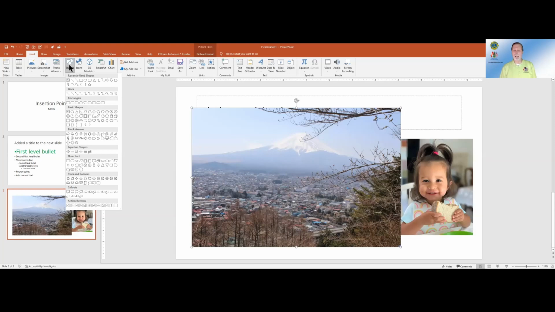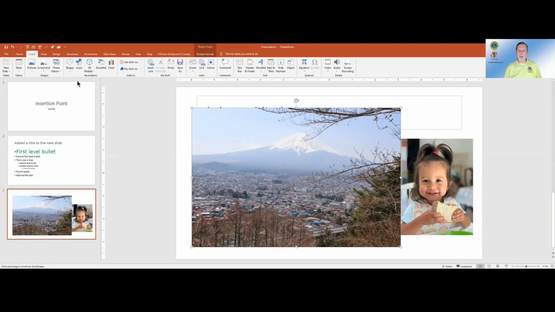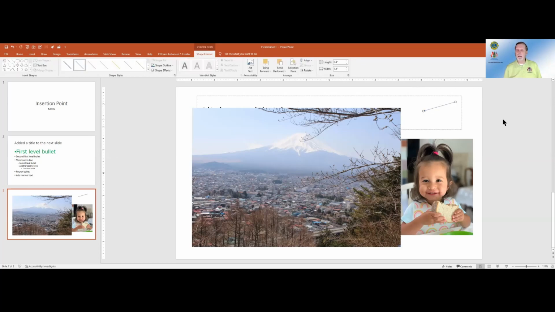So I'm going to add 2 different shapes in here because I want to illustrate the differences between these 2 types of shapes. I generally classify these shapes as a line shape or an area shape. Again, allow me to illustrate. I've opened up the Shapes tab, and from here, I'm going to create a line arrow shape. Now, I clicked on it, and I didn't see anything happen. But notice if you bring your mouse into your working area, your mouse has changed. And now, if you click and drag, you've created an arrow, a line arrow.